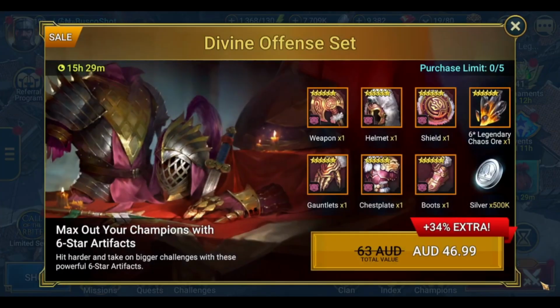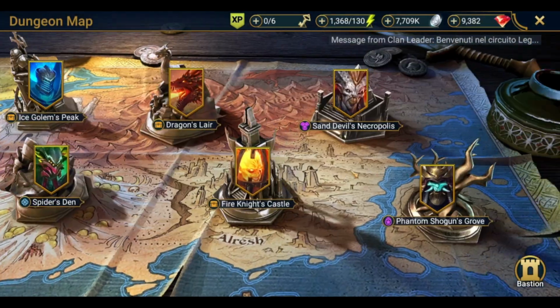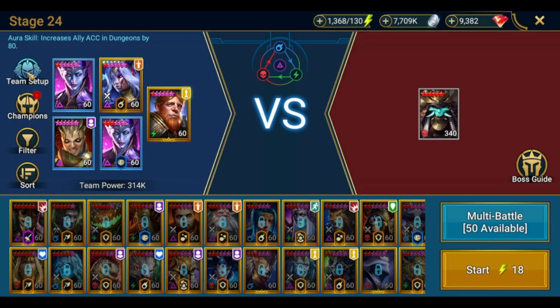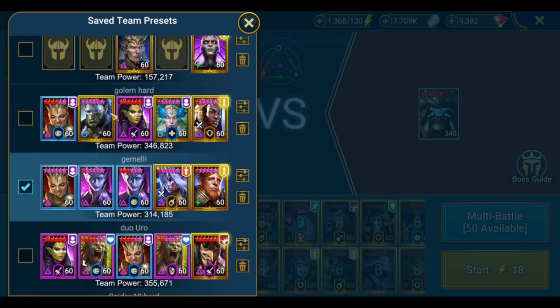So let's jump right into it. We're gonna start with probably the quickest. That should be the Phantom Shogun Grove. I'm gonna show you the preset for those